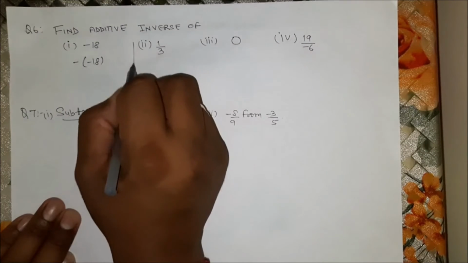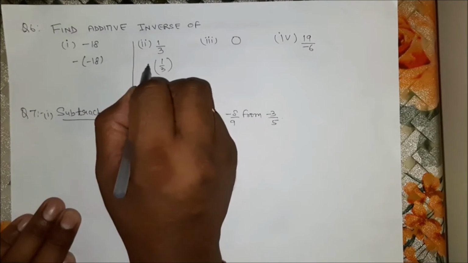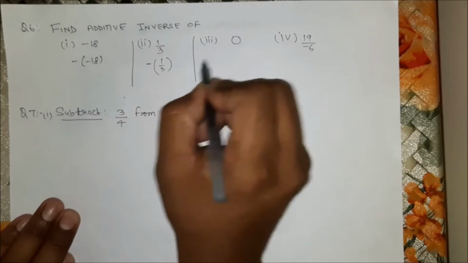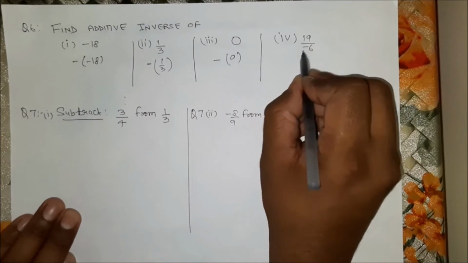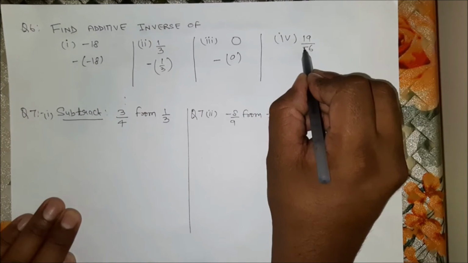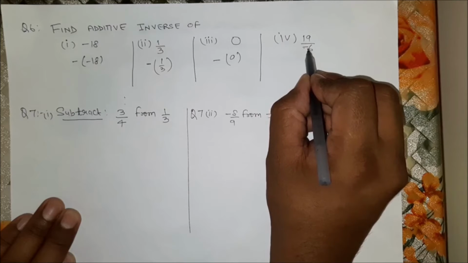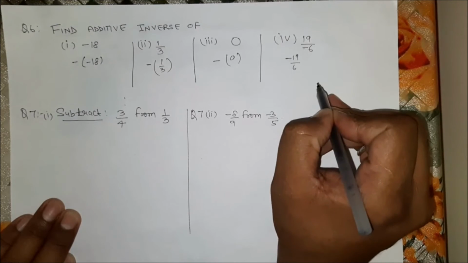Okay, what we will do? Put the number in bracket and put the negative sign here. Put the number in bracket and put the negative sign here. This negative, I told you, if negative is present in the denominator, shift it to the numerator, so this number can be written like this.